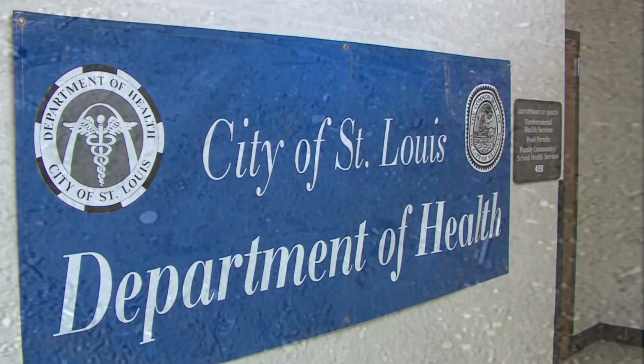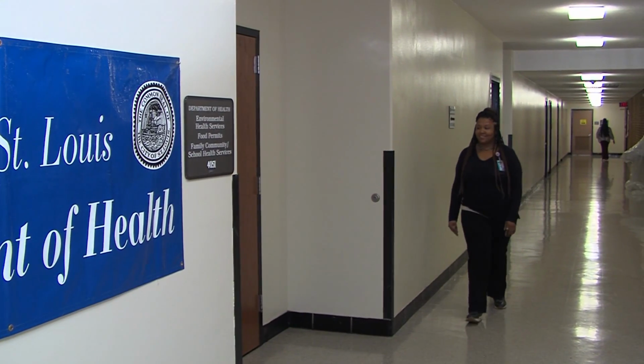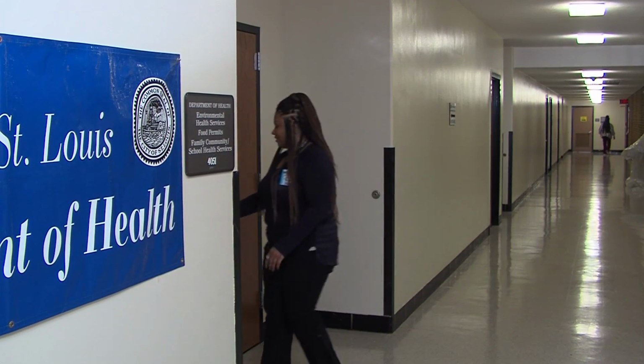City of St. Louis Community Health Aide Tiffany Brown says soil testing may be a good idea for some residents. A resident may want to have their soil tested for lead if they're living near roadways, living in a property that was built before the ban of lead paint, which was around 1978. Urban areas tend to have, again, a lot of roadways and properties that were built before their time. So if you're in an urban area, having your soil tested for lead is definitely something that you want to